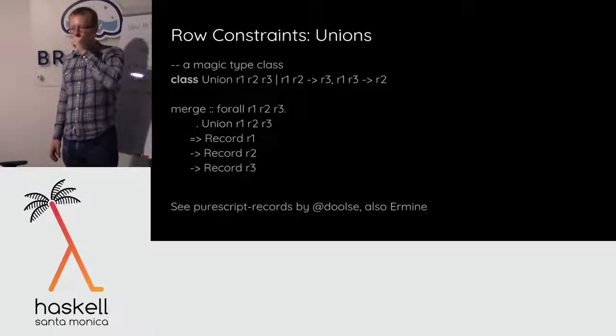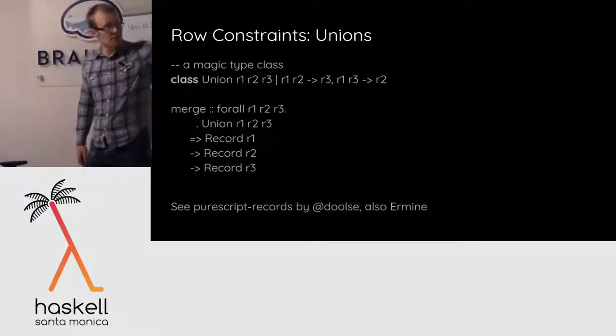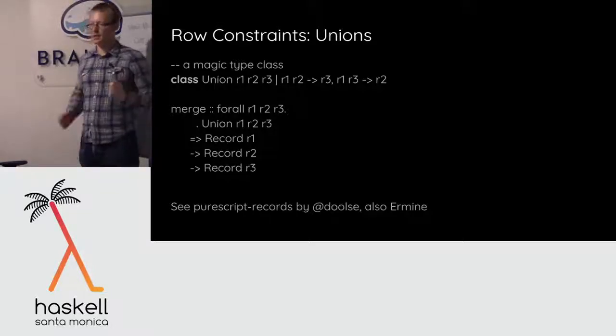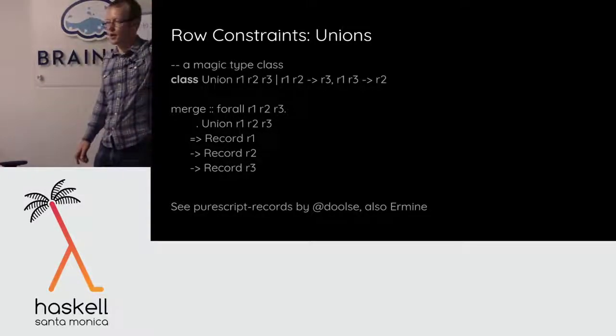Can you explain how to read this? Like, what's the comma mean there in the pipe? Yeah, so the pipe is where all the functional dependencies occur, to the right of the pipe. The functional dependencies are separated with commas. And every functional dependency says these inputs give these outputs, right? So if you know R1 and R2, you know R3. In addition, if you know R1 and R3, you know R2.